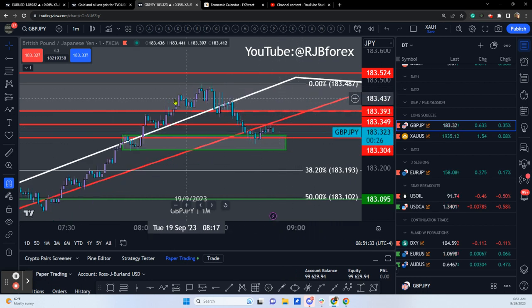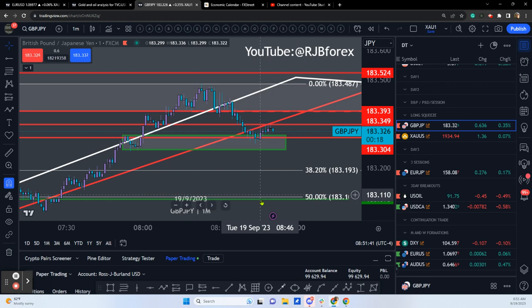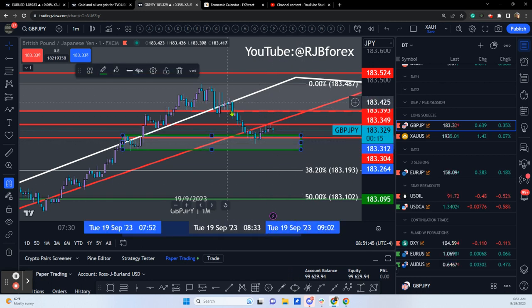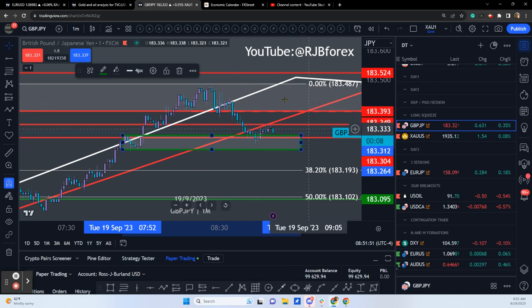So looking to sell, I'd like to see it come back up into here, up into the 40s. I might just shoot down and it's a missed opportunity, but I'd rather sell high. I don't want to chase the breakout. I'd rather see the breakout, see it come back up, and then get an opportunity to sell at a better price.